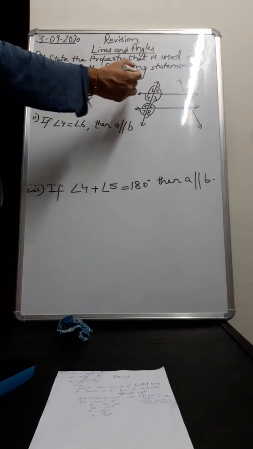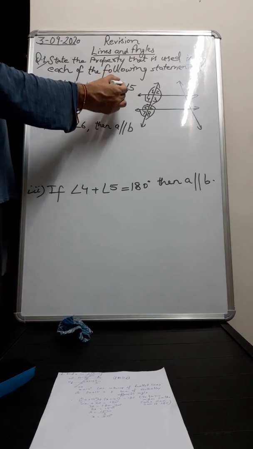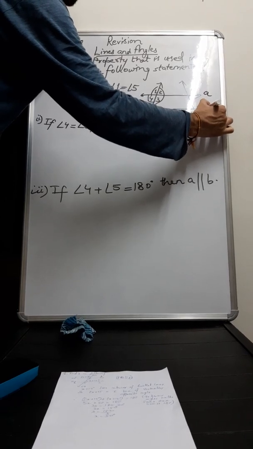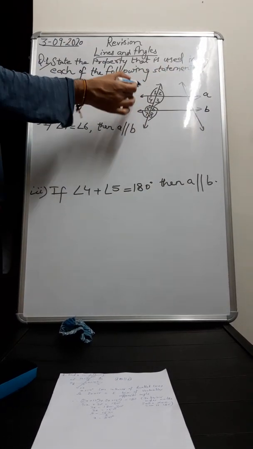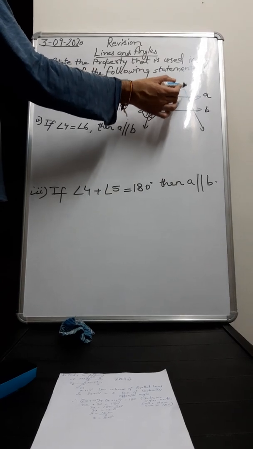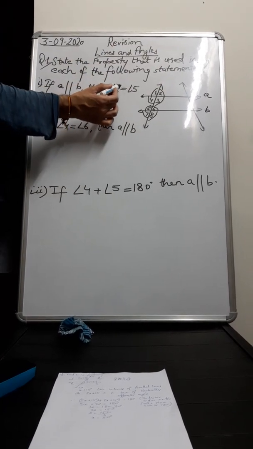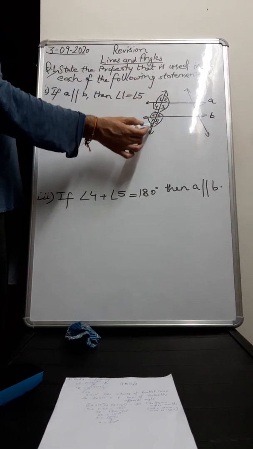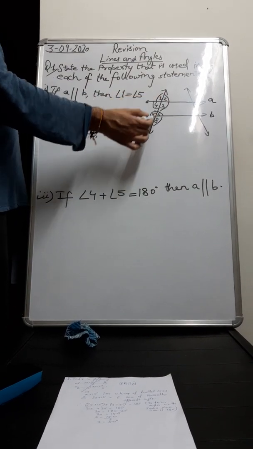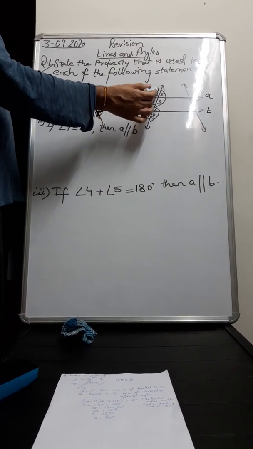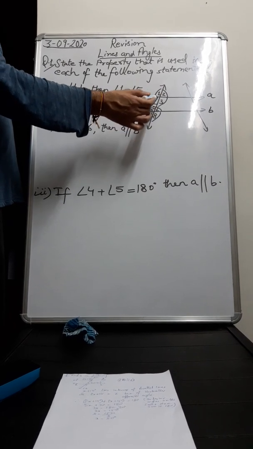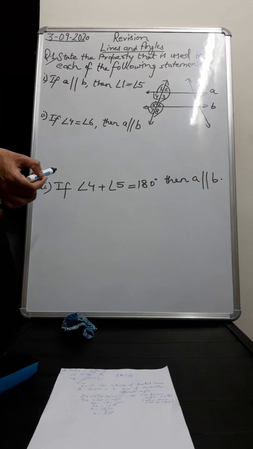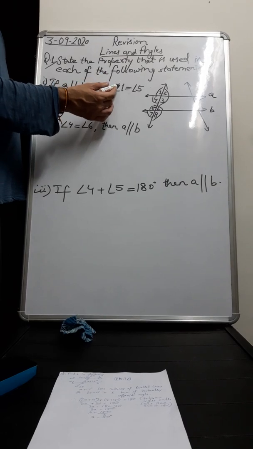If A is parallel to B, then angle 1 equals angle 5. Say this is A, this is B. Now this line is A and this line is B. They are saying that if A is parallel to B, then angle 1 is equal to angle 5. Here we can say that this is a transversal, and on this transversal we can see angle 1, angle 2, angle 3, angle 4, angle 5, angle 6, angle 7, angle 8. So on this transversal we have 8 angles, and they are saying that angle 1 is equal to